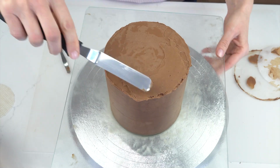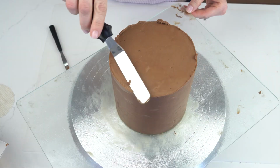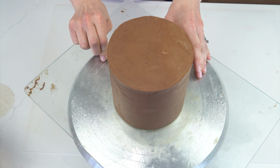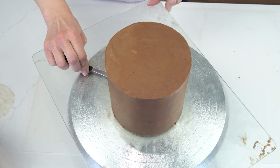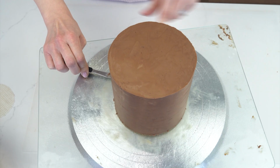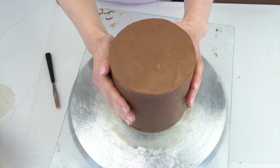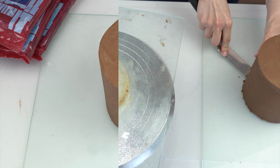I can then go in with a little bit more ganache and just fix any areas that need fixing. I can then do the same on the bottom, so just really carefully going in, separating that cake from the bottom plate. Now the cake is nice and firm, so I'm just going to tilt that to one side, get out that piece of parchment paper, and then I can transfer this cake onto a clean board ready to